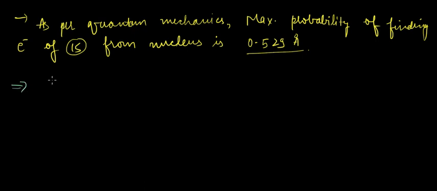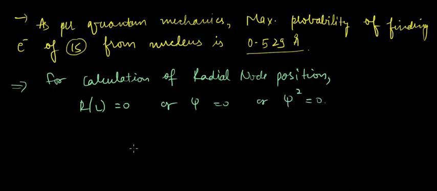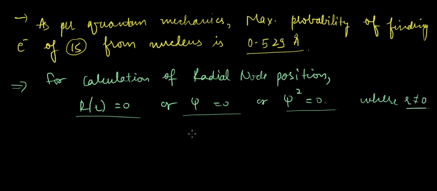Next, just see a note here that for calculation of radial node, position rather, R of r would be 0, or psi would be 0, or psi square would be 0, and obviously where r is not equal to 0. Okay,